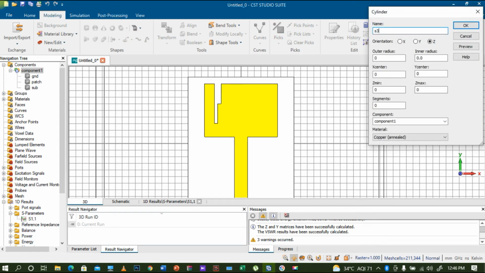S3 I'm not adding, so A1, and the radius I'm going to give is 2.7, and the center point of the circle is around x-axis 2, y-axis 1.5,